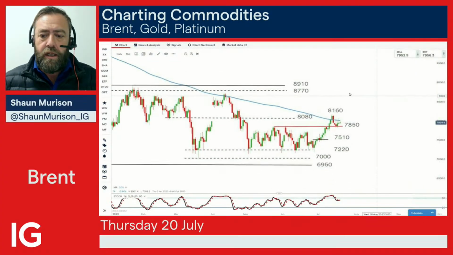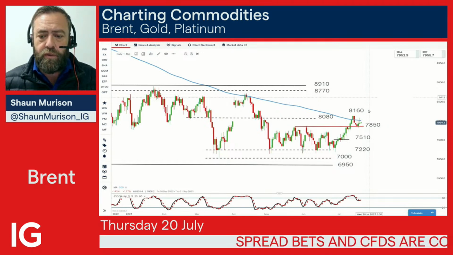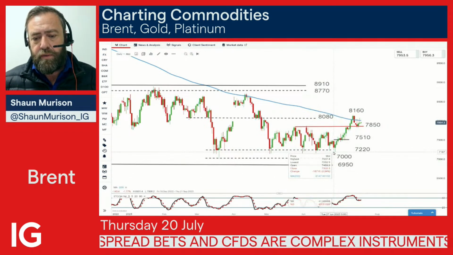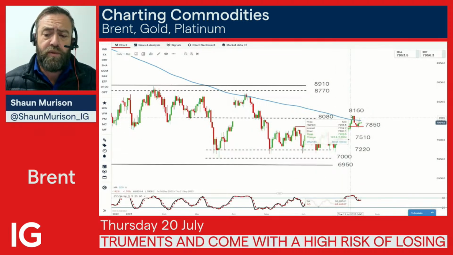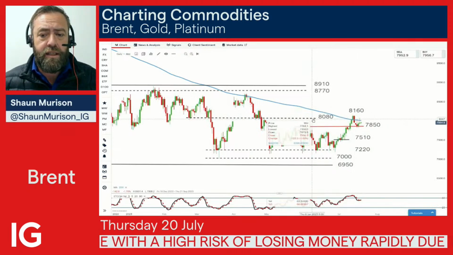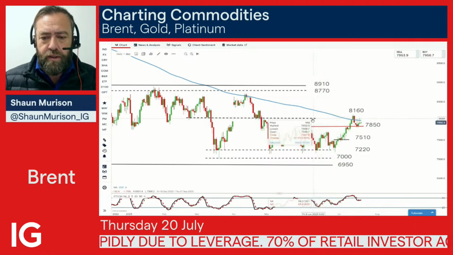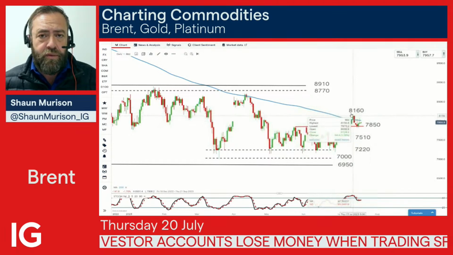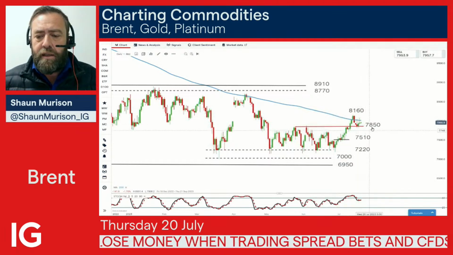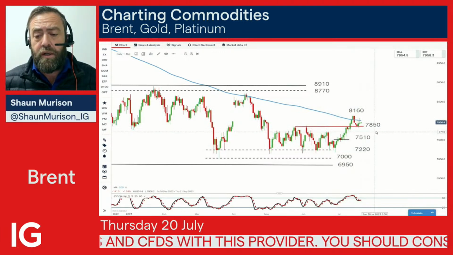Now, Brent crude has given us an indication that longer term downtrend has been broken. Now, what we saw is this rebound from more or less from support, breaking a few levels of resistance, breaking above that 200-day simple moving average and above this 80-80 resistance level. I don't think that level is very relevant anymore, so I'm going to remove that from our chart. But we've had a break above, we had this bearish reversal, we had our first pullback from that sharp move higher. That pullback looks to have found support on what was previously resistance at 78.50 mark, and we have this